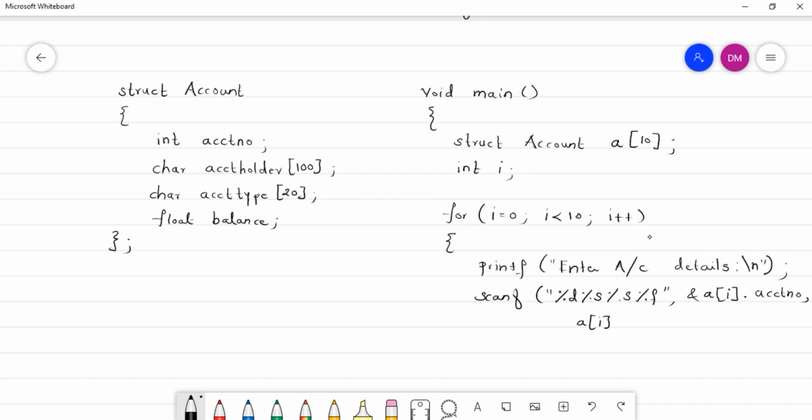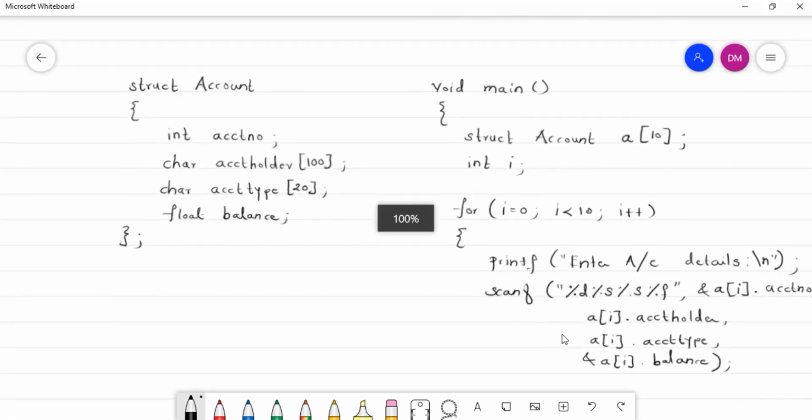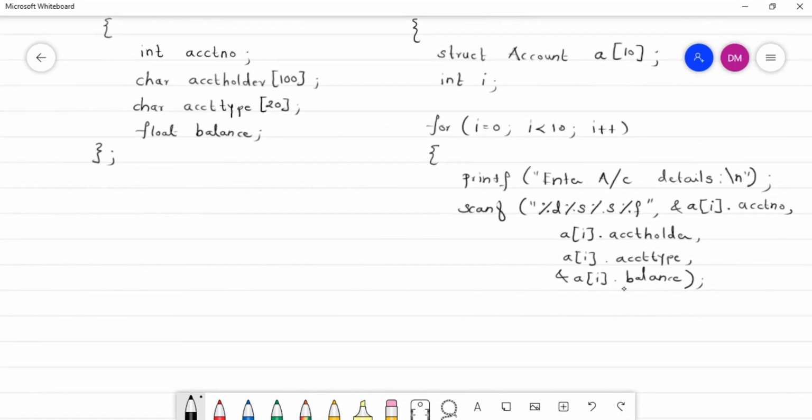I will not use ampersand here. So A of I dot account holder, that's it. Then A of I dot account type, and last one is of type float. I have to use ampersand sign. So A of I dot balance. So we're done with scan related part. Okay, let me close the for loop here.